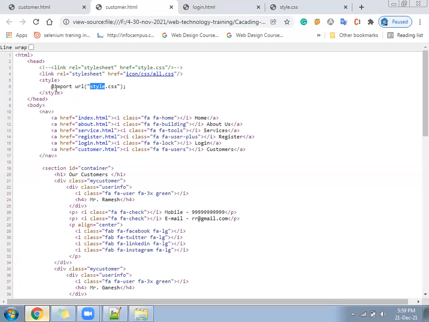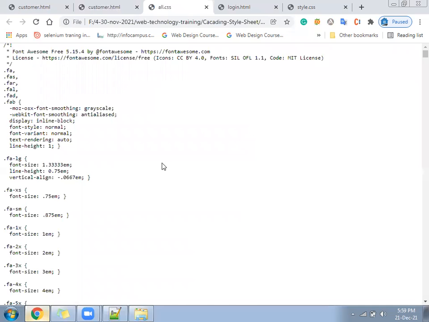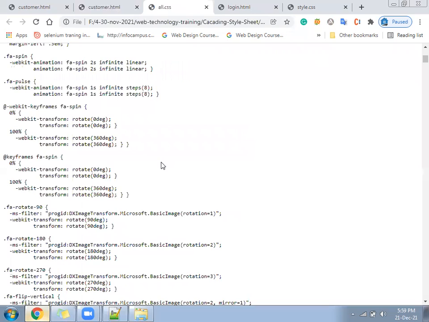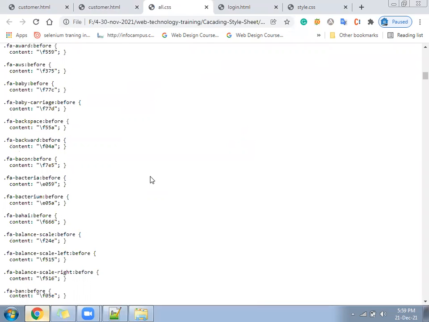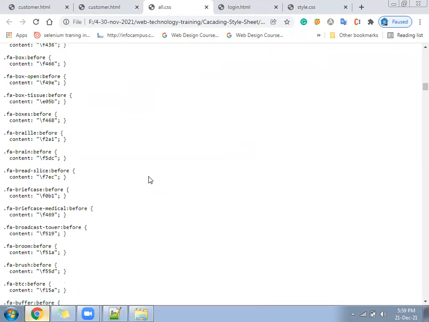After that, whichever CSS file you call, all will get encrypted, and no one can understand anything in it. Suppose this file, let me open all.css. This is the original file, so we can understand. But if this file is minified or compressed, we cannot understand the code.